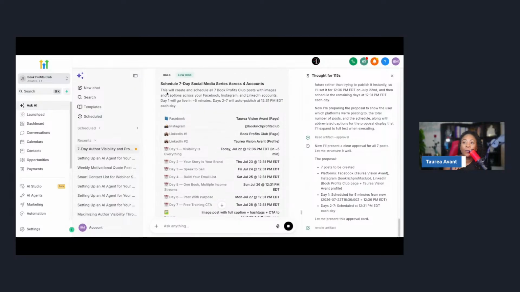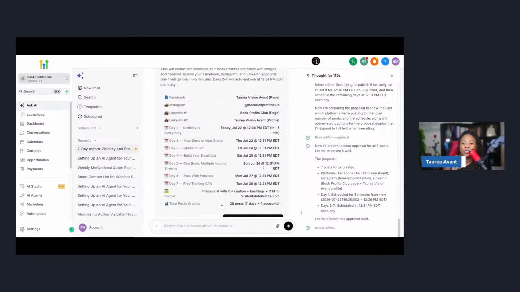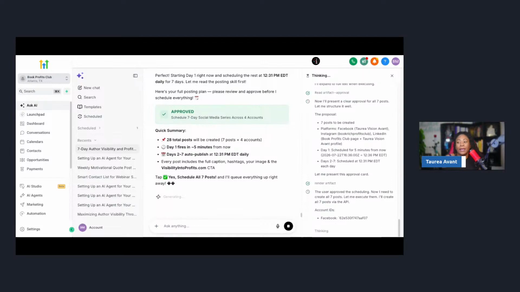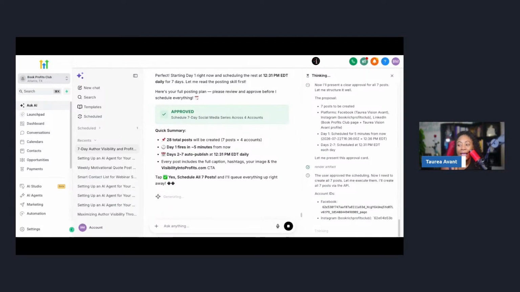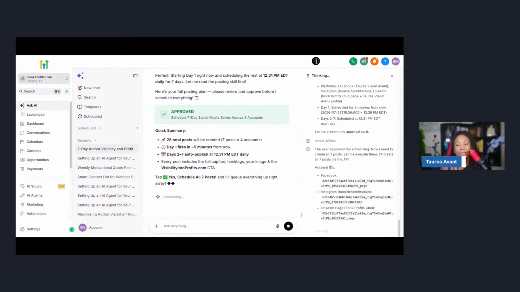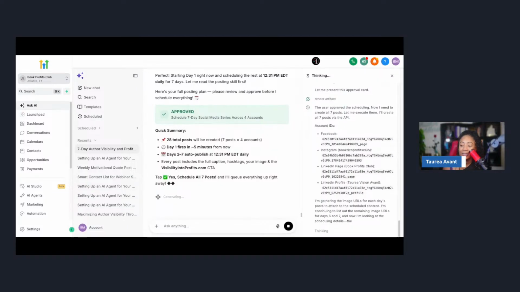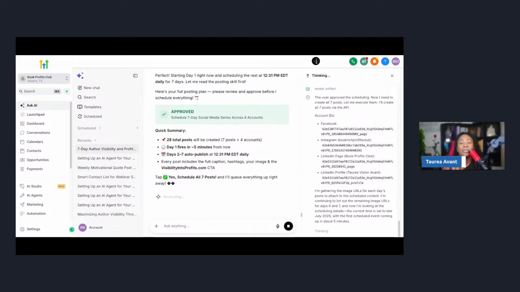So look, it's created the schedule for me. So you see, it's got all the schedule. And so, yep, I wanted to go ahead and schedule these posts. So yes, schedule the post. Click the button. Now it's going in and putting all of these posts on my timeline right now. It's queuing everything up. And then for the future posts, starting tomorrow for the next 6 days at 12:31 p.m. Eastern Standard Time, guess what it's going to do? It's going to post another picture, right?